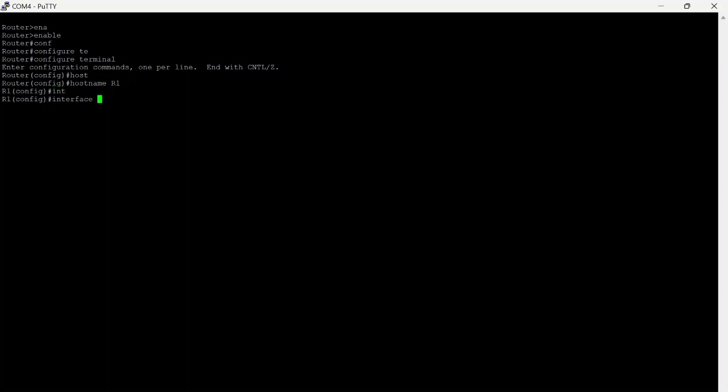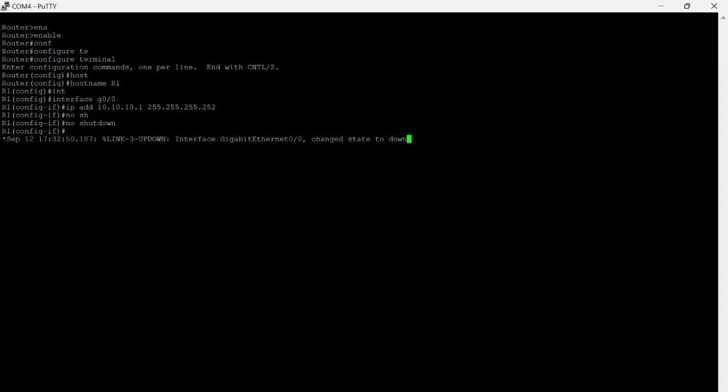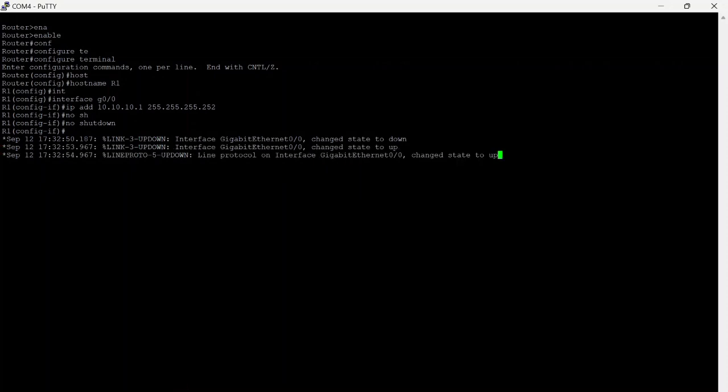I enter interface G0/0 and I add the IP address, this is the IP address for router 1 and this is the subnet mask for router 1, and I write no shutdown, and after that I exit.